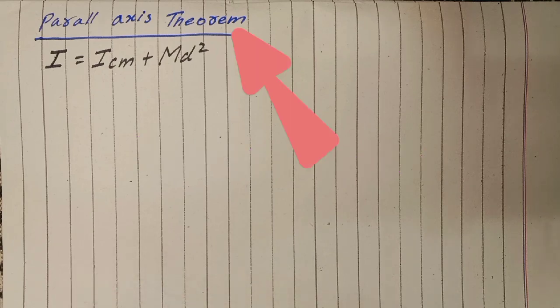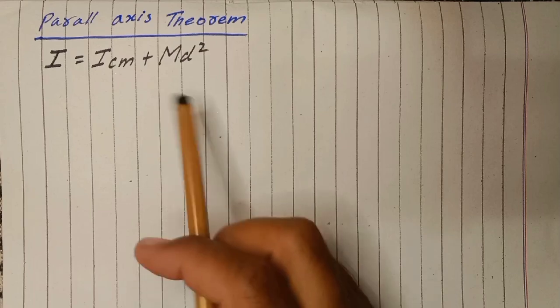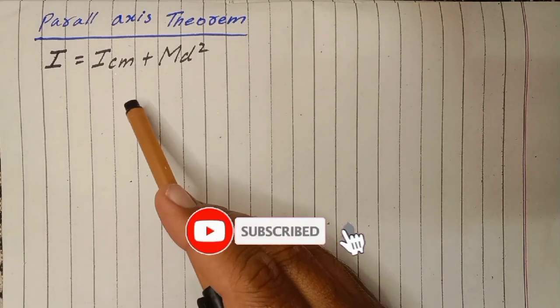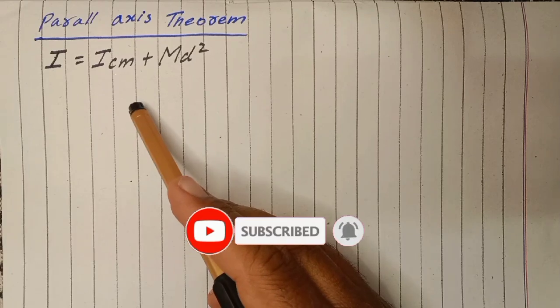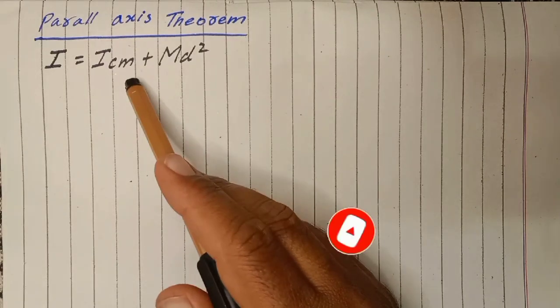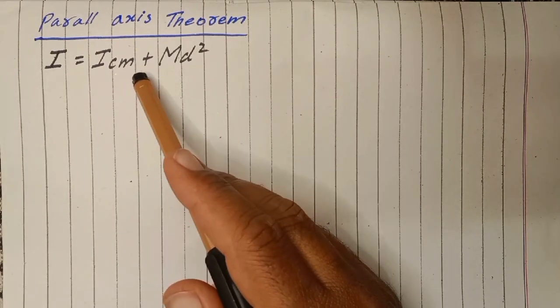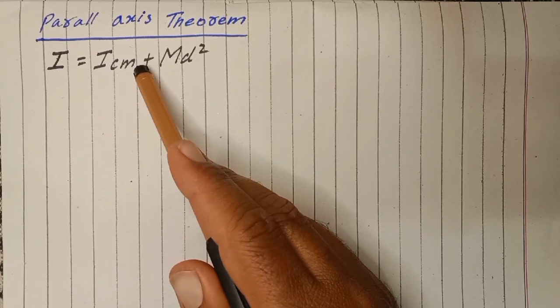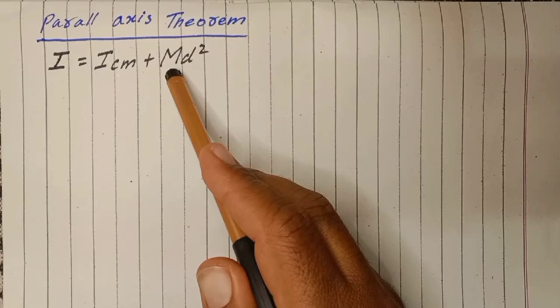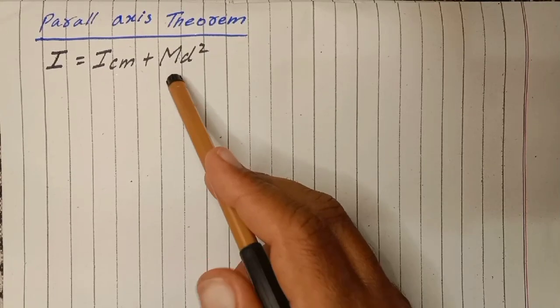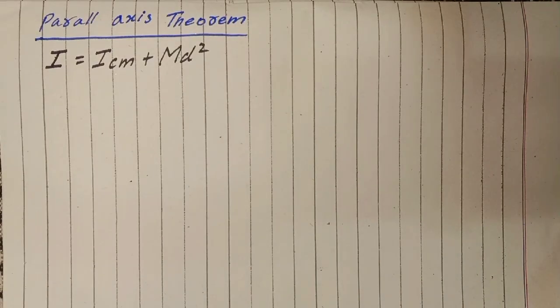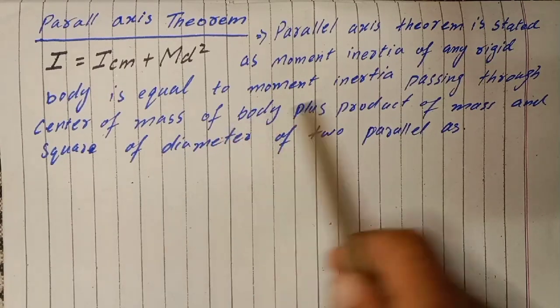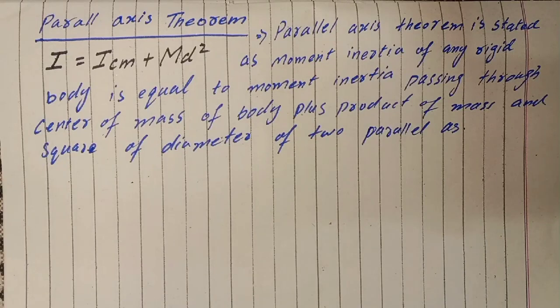पैरेलल एक्सिस थ्योरम। Parallel axis theorem is stated as: moment of inertia of any rigid body is equal to moment of inertia passing through center of mass of body plus product of mass and square of distance between two parallel axes। ये अगर आप नोट करना चाहें तो नोट कर सकते हैं। इसके बाद एक्सप्लेनेशन की तरफ आ जाते हैं।